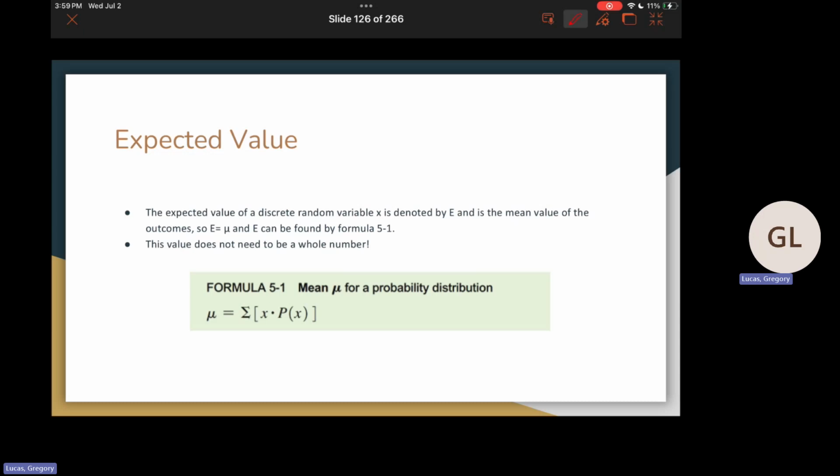So let's break this apart a little more. We have what is called expected value. The expected value of a discrete random variable x is denoted by E. And E is the mean value of the outcomes